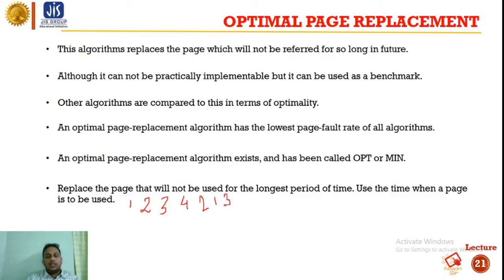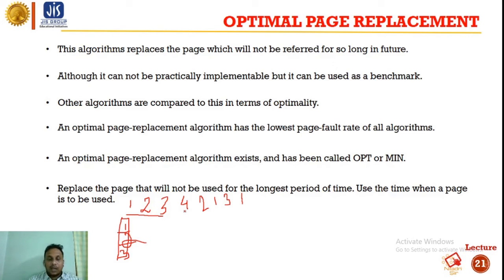At first, 1, 2, 3 will be placed, there is no problem with this. Next we come to 4, which will need to replace a page.